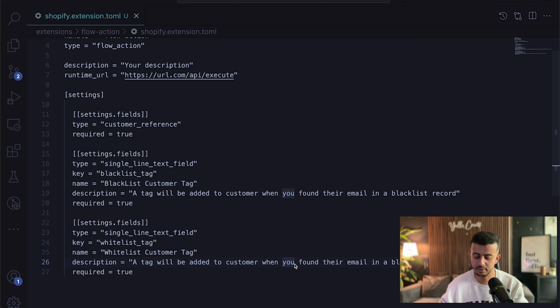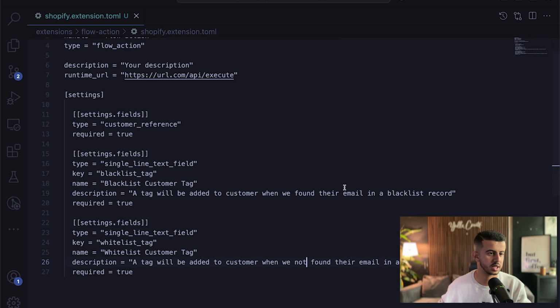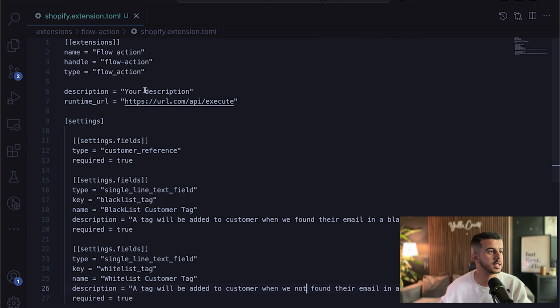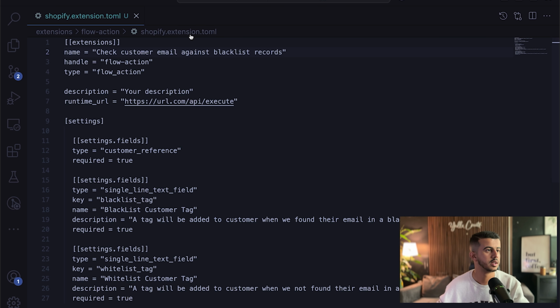When the customer is not found, we check their email in a blacklist record. And let's update the name. It will be Check customer email against blacklist record. Description, we can have it like this,